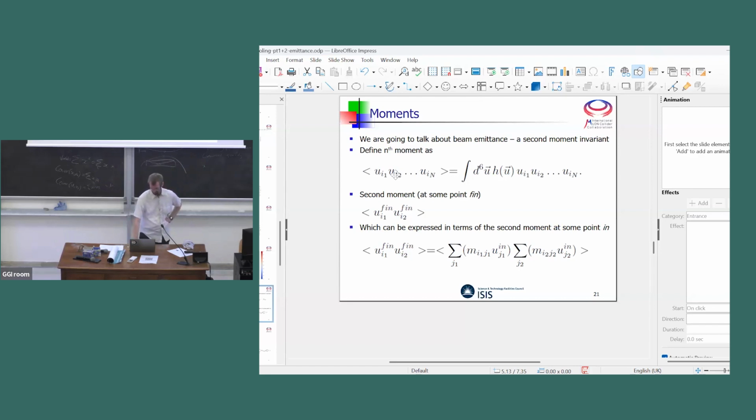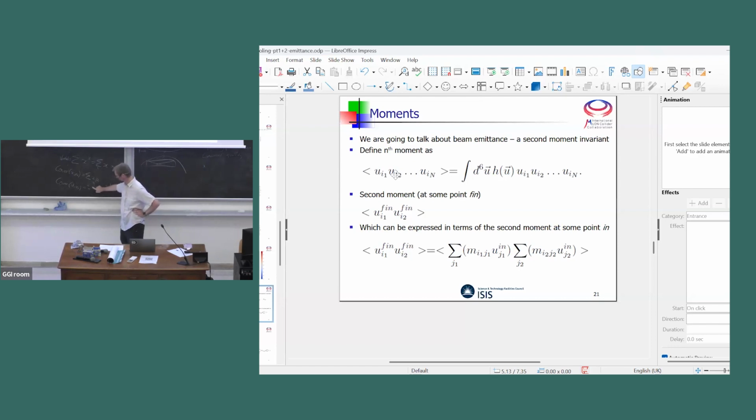Right. So what I want to talk about is how we transport an entire beam now. So using the transfer matrix, how do we transport the entire beam, not just individual particles. And that means transporting these moments around the place. So moving the mean, moving the variance of the beam. So